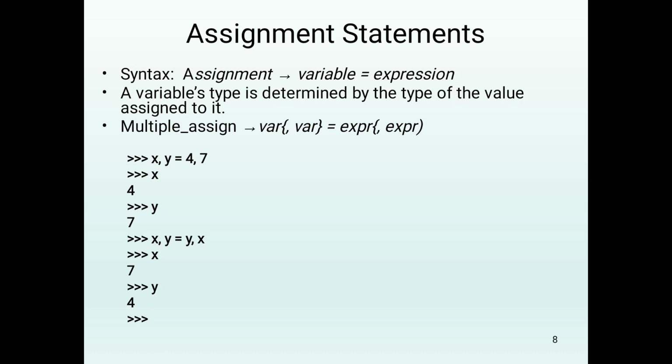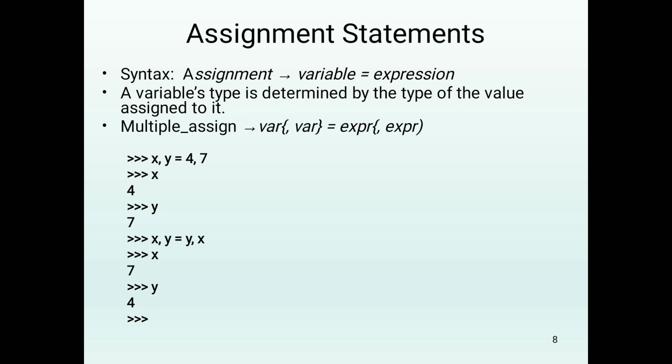So which means the value 4 will be assigned to the first variable x and the value 7 will be assigned to the variable y. You can write like this also, x comma y equal to a plus b comma c plus d. So if you have already stored the values of a plus b and c plus d, that will be evaluated and stored to the corresponding variables x comma y. So this is the syntax for the assignment statements: variables within braces, and